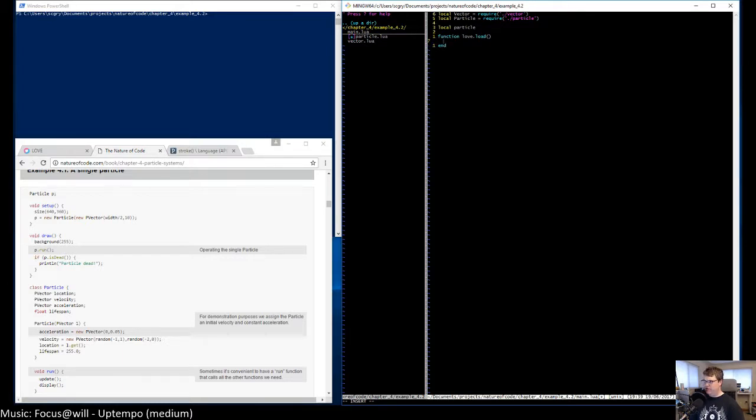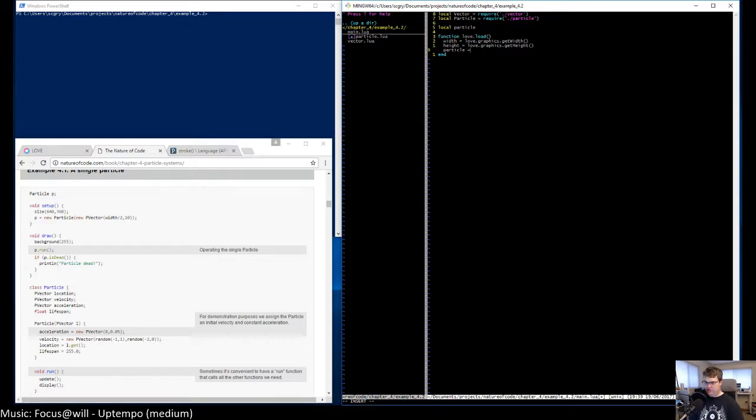I will need the width. So, stop get height, and we also need to set the particle.